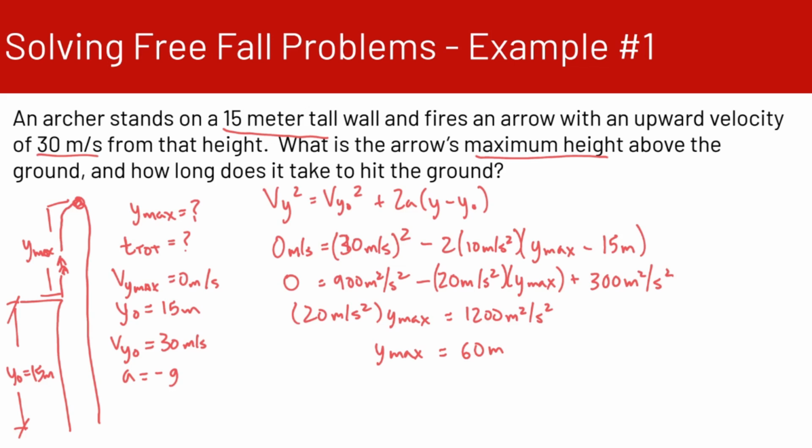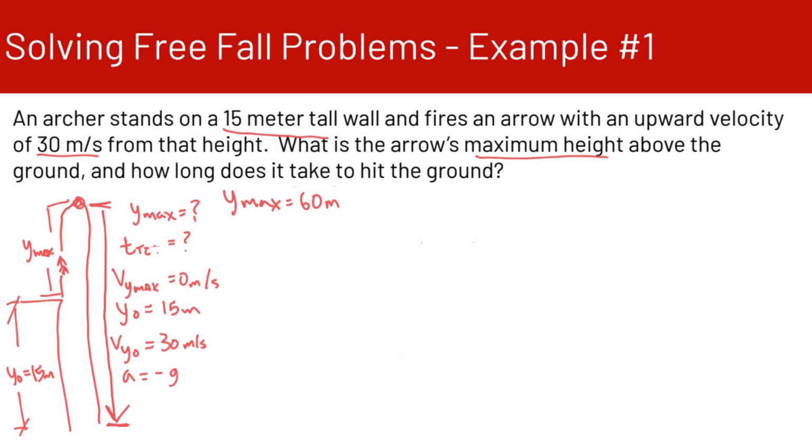Now we're going to figure out the maximum velocity from the highest point down to the ground. What is the max velocity when the arrow hits the ground here? We're going to do this in 2 parts, and then we're going to figure out the time it takes. So I'm going to do some erasing, and then we will come back.